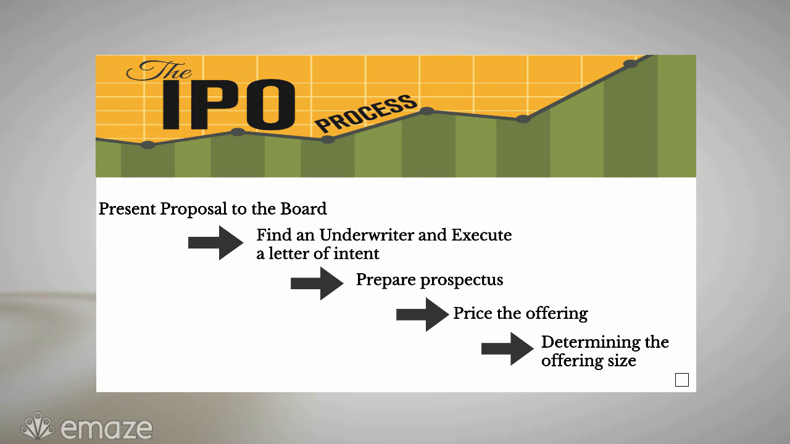So some of the factors that an underwriter will take into account in deciding the price per share are the financial performance of the company, the stock price of other comparable companies, and the general stock market. The underwriters will also consult with the managers of the company regarding the offering size based on what the companies wish to achieve from going